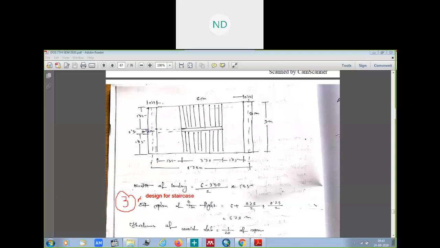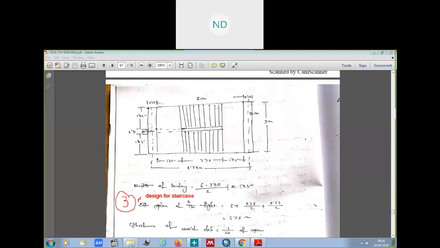Then again, how much is from here? If the brick wall thickness is 230 mm, then the effective span of the stairs is how much, from the center of this wall to the center of this wall? We know this portion was 3.30, the landing width was 1.35, 1.35. So it is 3.30 plus 1.35 plus 1.35 plus